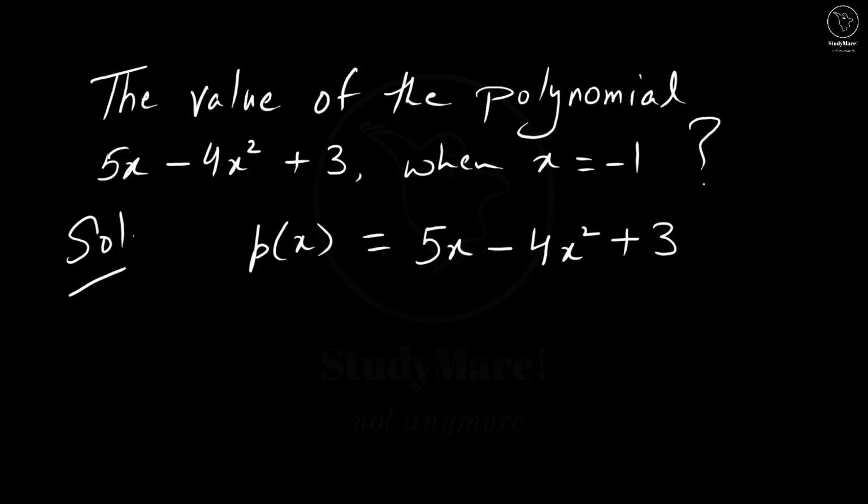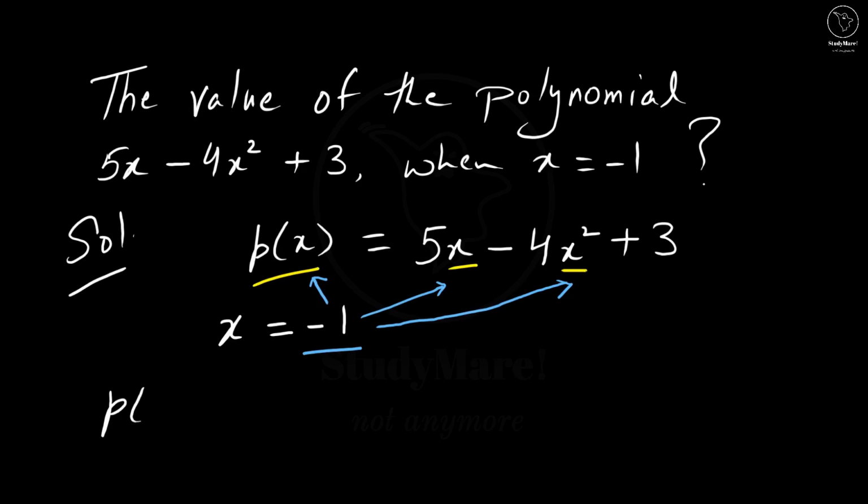We can write it as p(x) because it is in variable x. And it is given that the value of x is equal to minus 1, which means that we can replace x with minus 1 wherever it exists. So p(x), which is equal to 5x minus 4x square plus 3,